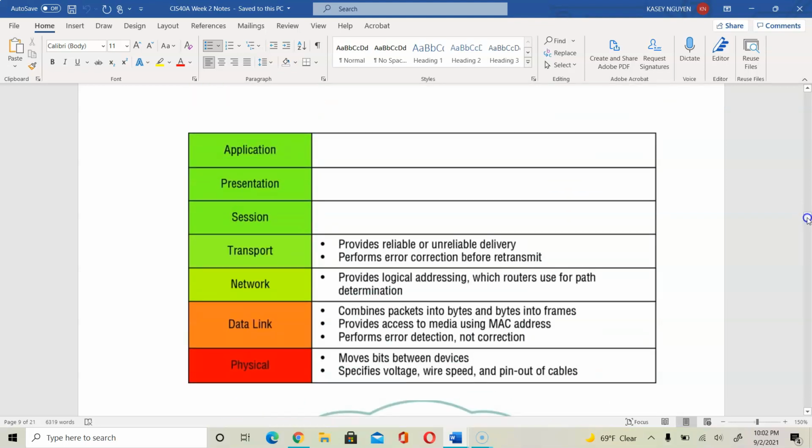As it shows here with the transport, transport makes sure that there's reliable delivery if you're using TCP, or unreliable delivery when you're using UDP. It also performs error correction before it retransmits. In the network, that will be logical addressing, which the routers use to determine the path and route your data